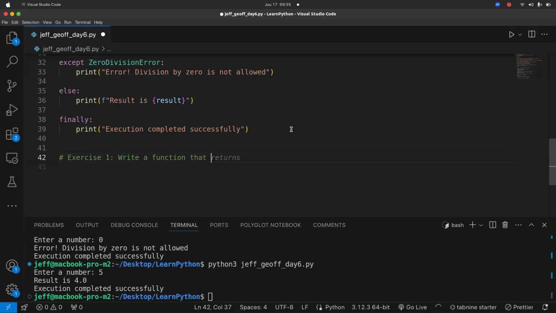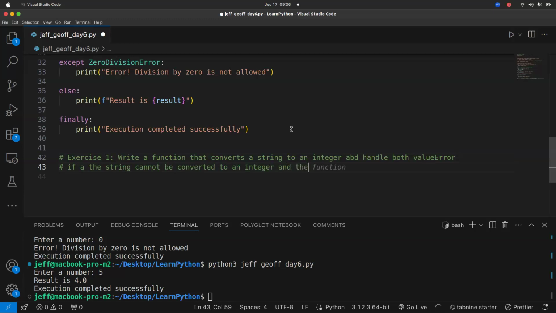Write a function that converts a string to an integer and handle both value error if the string cannot be converted as an integer,